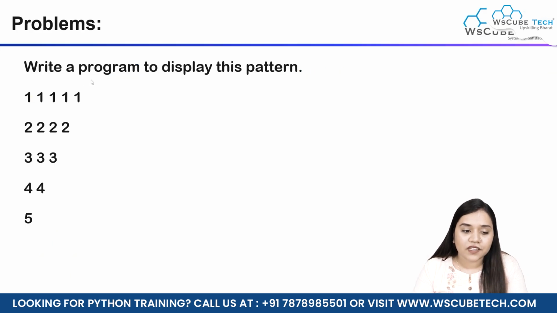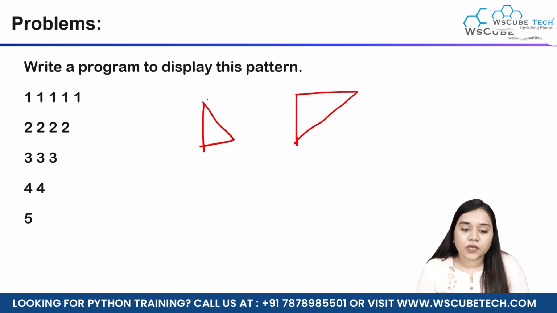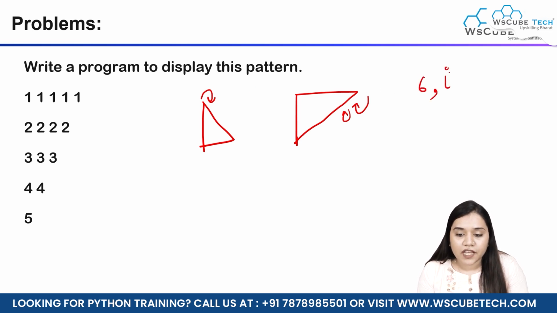Our next question says, write a program to display this pattern. Previously our triangle looked like this. Now we need our triangle to look like this. Previously our columns were increasing. This time our columns are decreasing, that every time one column will be reduced. So the starting value would be 6, and it will go up to i and minus 1. So it would be like 6,